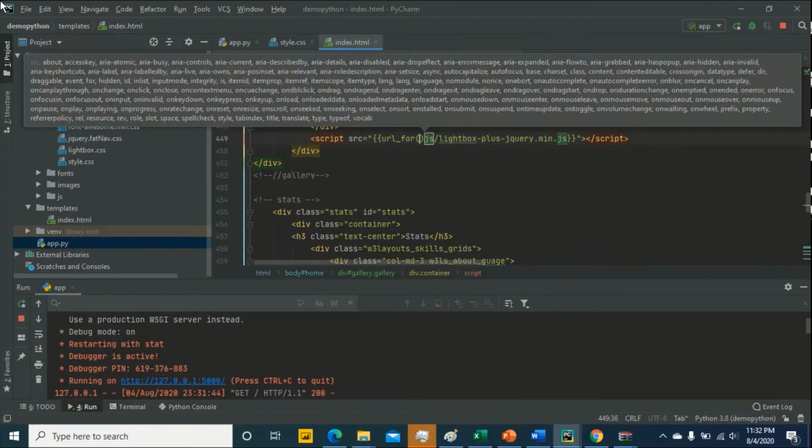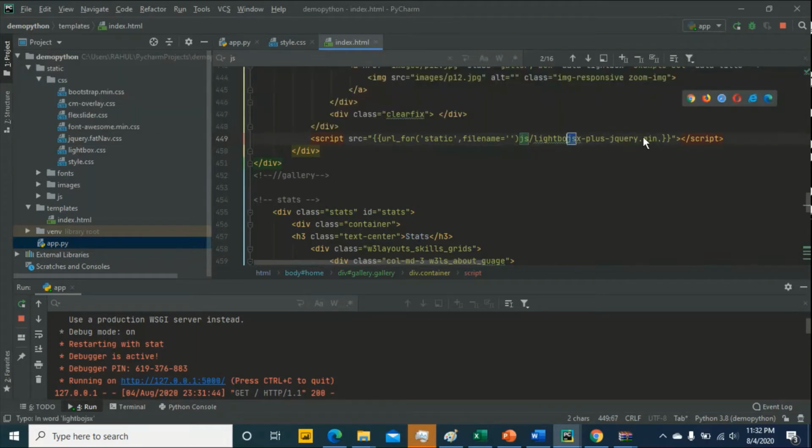Okay, then single quote static, then comma, then filename equal to, just copy this jQuery.js, this file name, just copy properly, Control X and Control V.